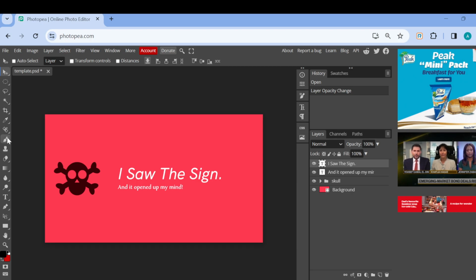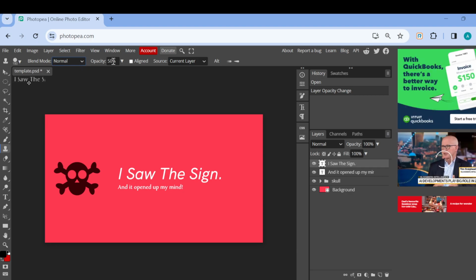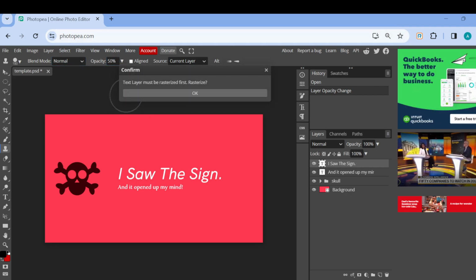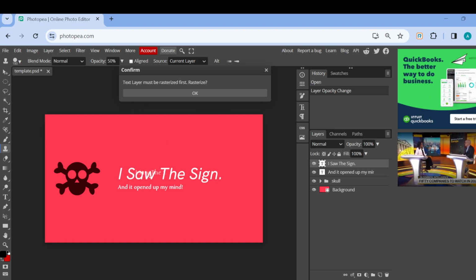The clone tool is located below the brush tool and then above the eraser tool. Once you click on the clone tool, just move to the top part of the screen to edit the size of the tool, and then you can see normal, etc. Just play around with this the way you want, and then once you've done that, you come over to the main